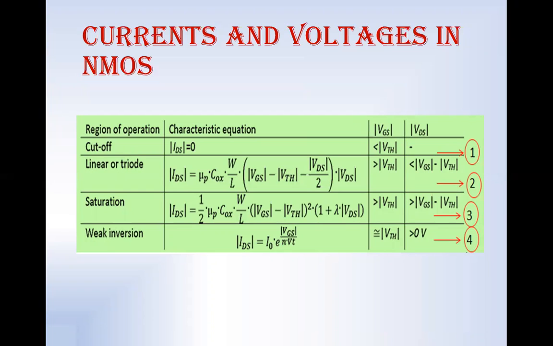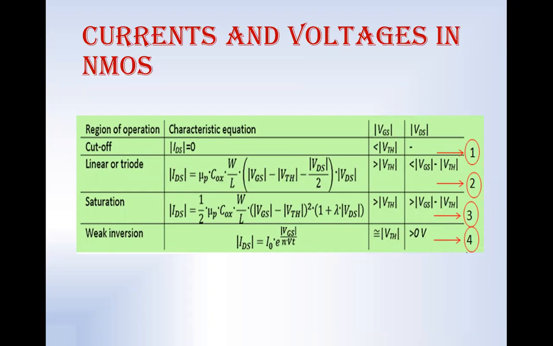And in the saturation region, that is the right side of the pinch off demarcation line, where saturation current can be seen, gate voltage is greater than VTH, but VDS is greater than VGS minus VT. In this case, IDS is proportional to the applied gate voltage and is not changing with respect to VDS. But whatever the change in length because of channel length modulation, that small amount of lambda VDS causes the change in IDS.